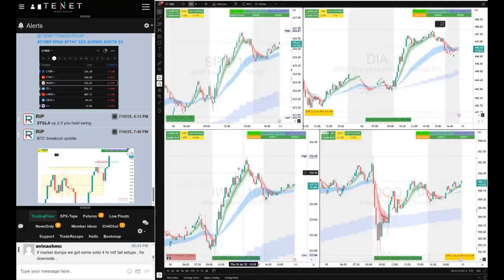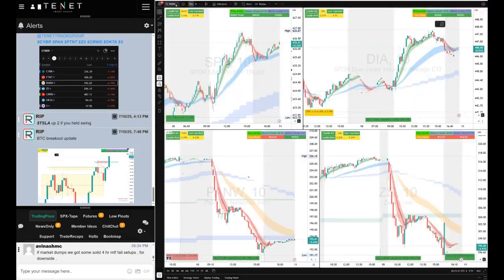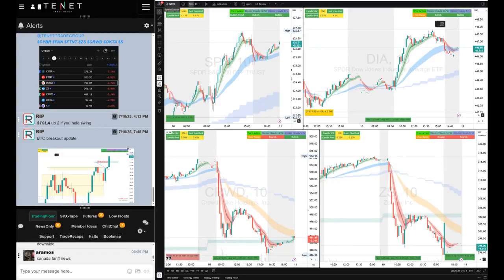So when cybersecurity sectors are selling off, you can see that Zscaler was short all day. You can see PANW was a short all day. MTF cloud breakout shorted, 20 MTF shorted, hitting the lower MTFs. 1 hour MTF short, hitting the 20 MTFs. So you see that the sector analysis will tell you which stocks are strong, which are weak. CrowdStrike was an MTF short from the MTF to the MTF magnet. So you see that all this sector analysis is a big part of what you're trying to do.